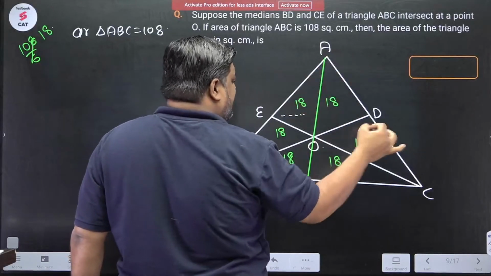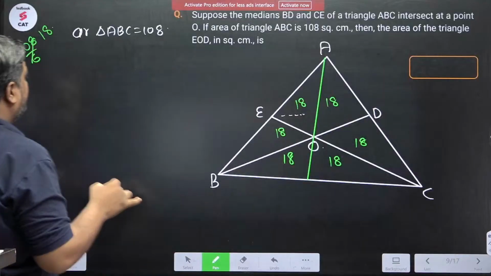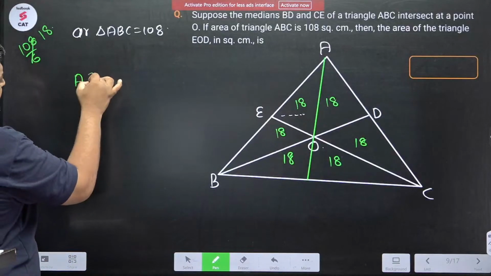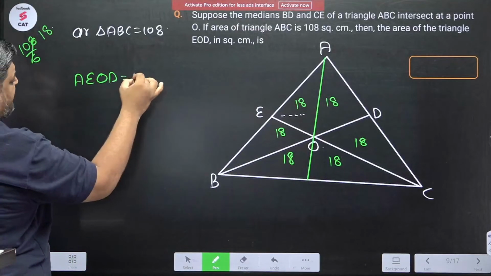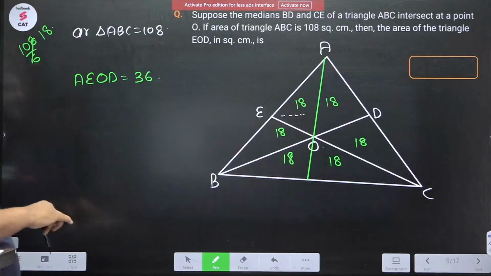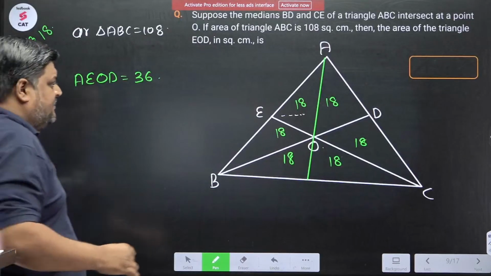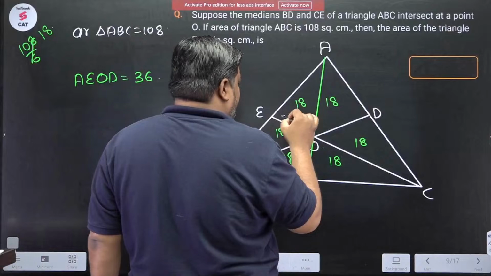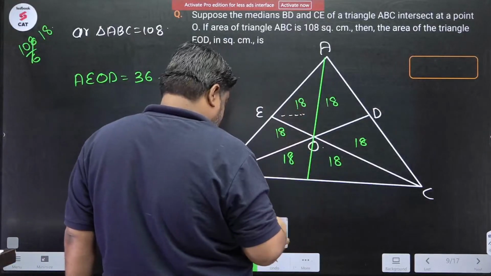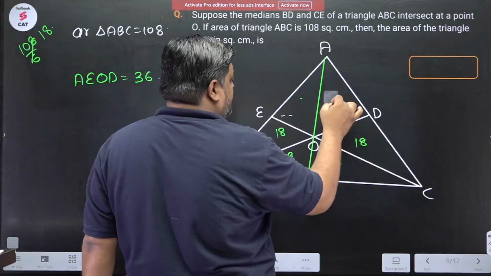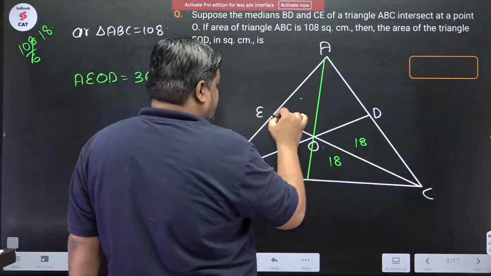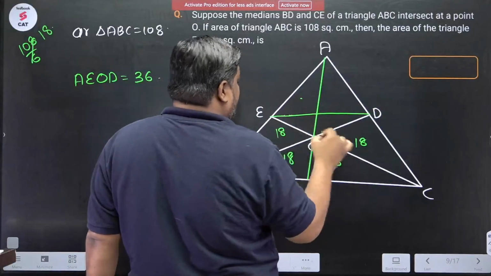So this AEOD is how much? 36. The area of AEOD is 36, right? And now they are asking what is the area of EOD,